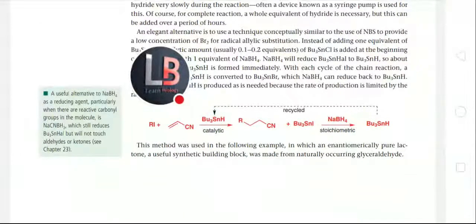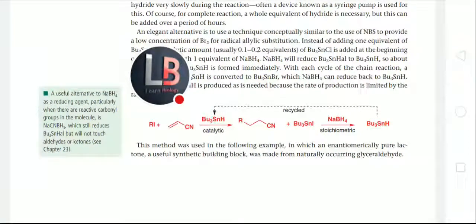Here R1 plus CH2=CH-CN in the presence of a Bu3SnH catalyst gives RCH2CH2CN plus Bu3SnI; again NaBH4 is used with stoichiometric Bu3SnH, and this can recycle. This method was used in the following example, in which an